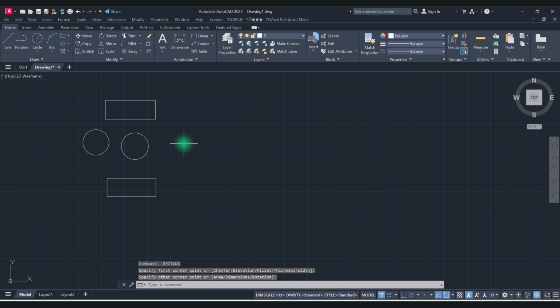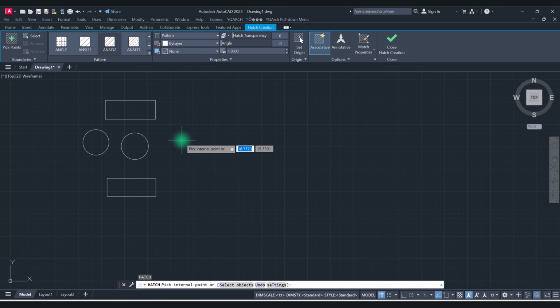So let's take hatch, just write H and enter. Now when you go inside any of your objects, you can fill or hatch it. But if you want to do it to all of them